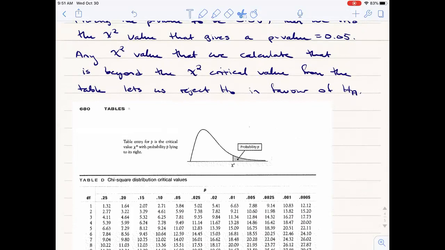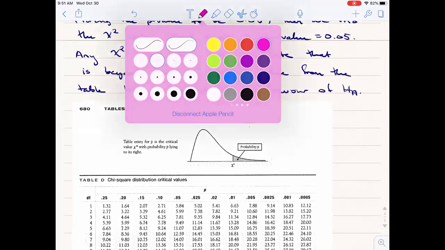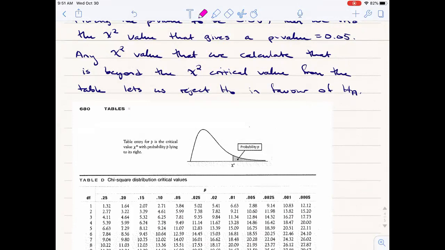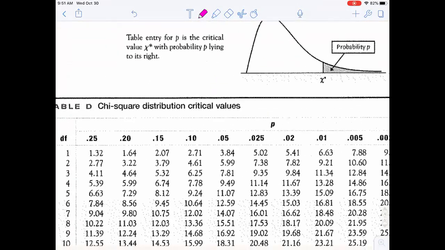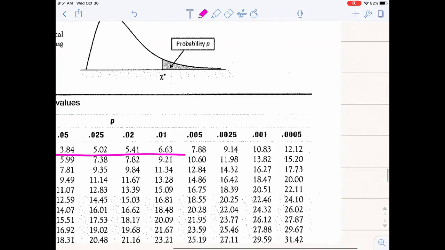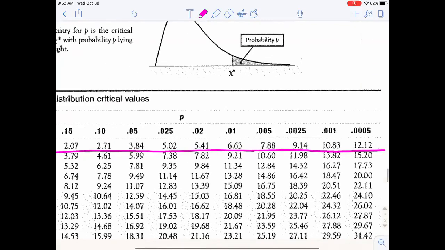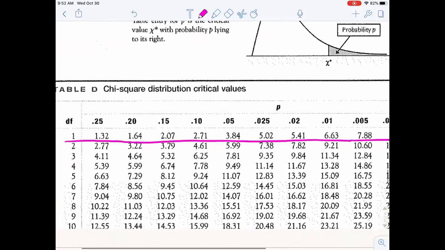So I pasted this little tidbit from your table, right? So we said for this course, we're only going to be dealing with 2x2 tables, which means we're always just going to have 1 degree of freedom. And so really you only need the top row of this table. And so I'll just underline it here. I got to make it bigger though. So then, P, you can think of that as your alpha level. And so what we're saying is that, okay, at an alpha level of 0.05 and 1 degree of freedom,